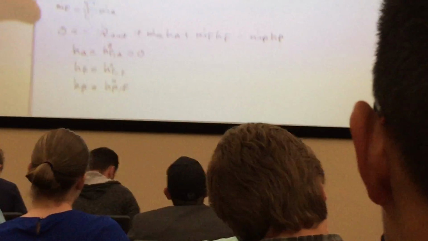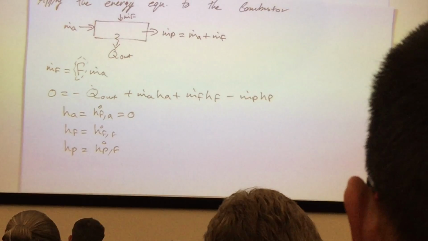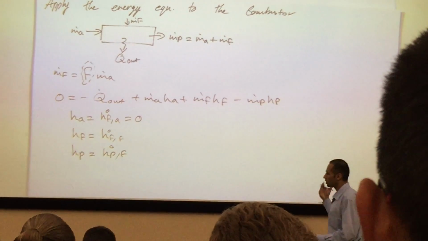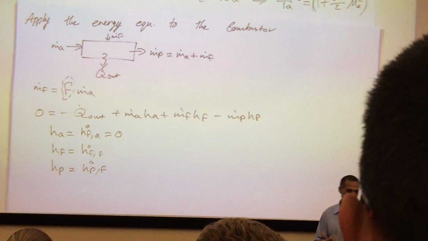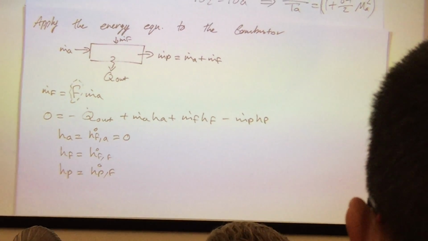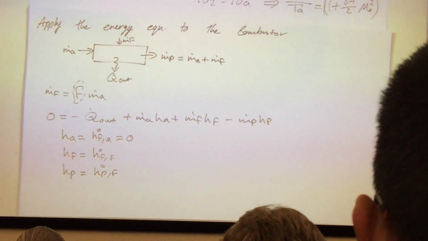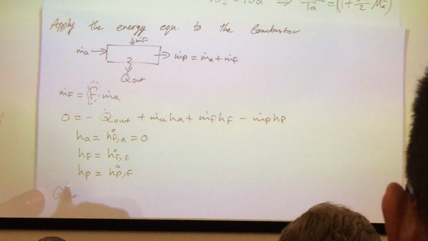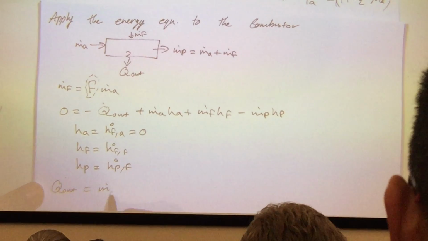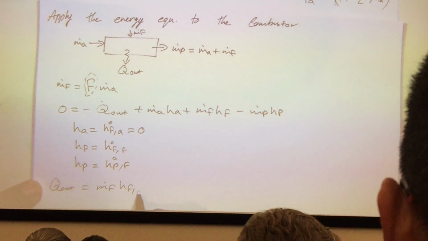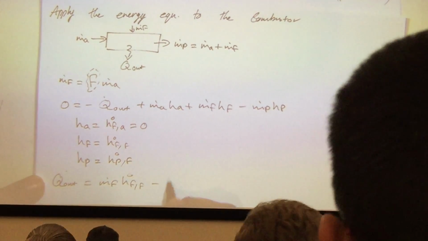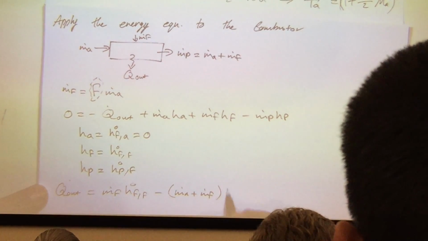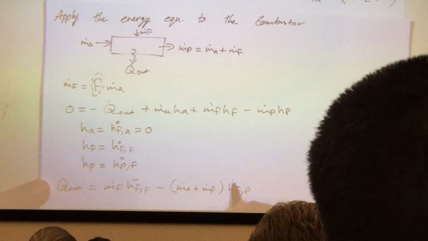So this is different than what we've done before, because we don't need to keep outlining the specific species anymore. We understand it, we already reviewed it, we've done quite a bit on it. All right, so now that we have this, Q out is equal to m dot f, the heat of formation of fuel, minus m dot a plus m dot f, the heat of formation of products,